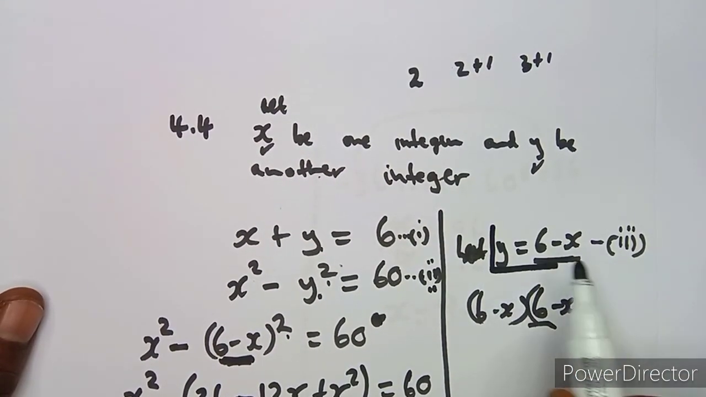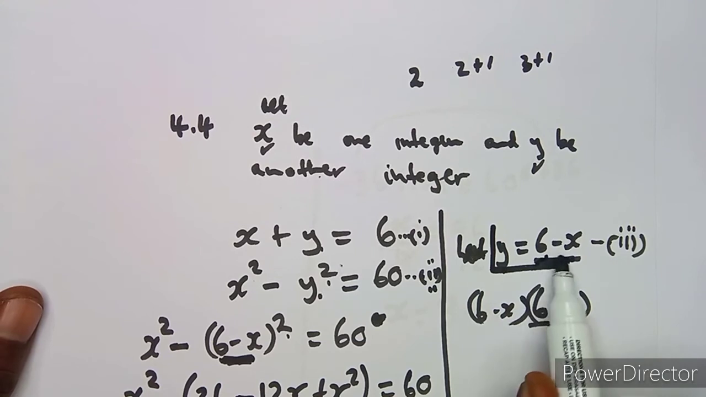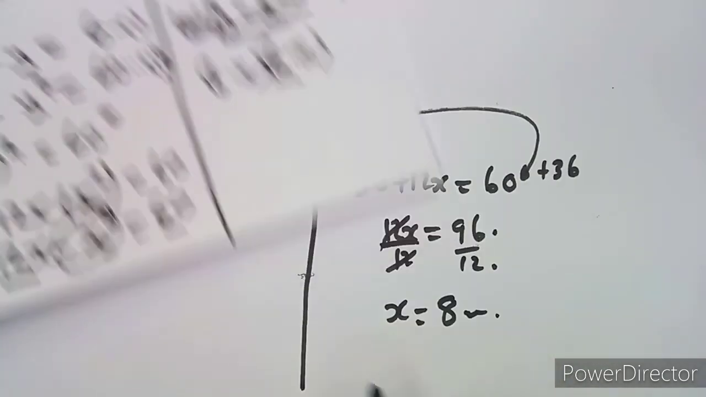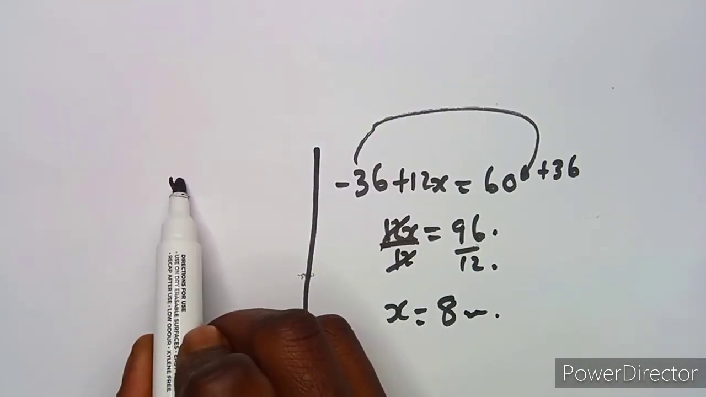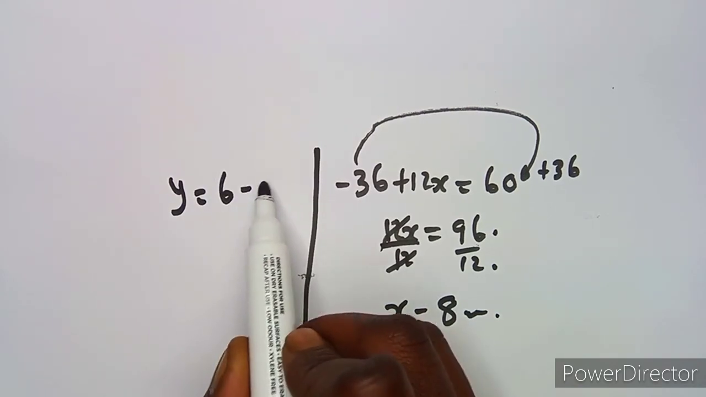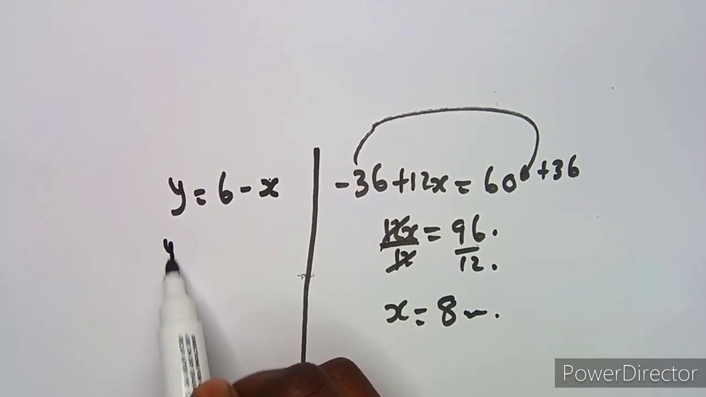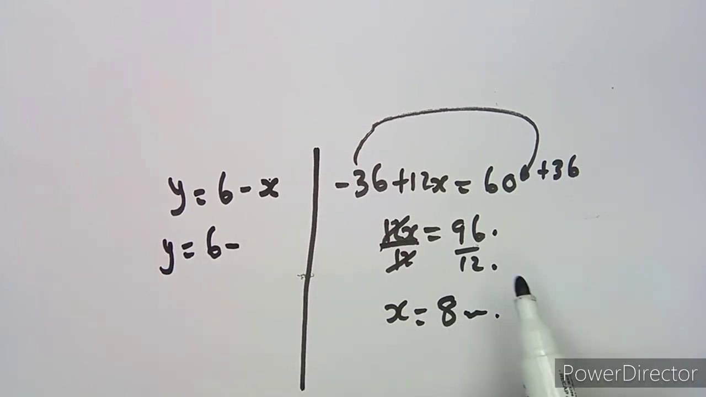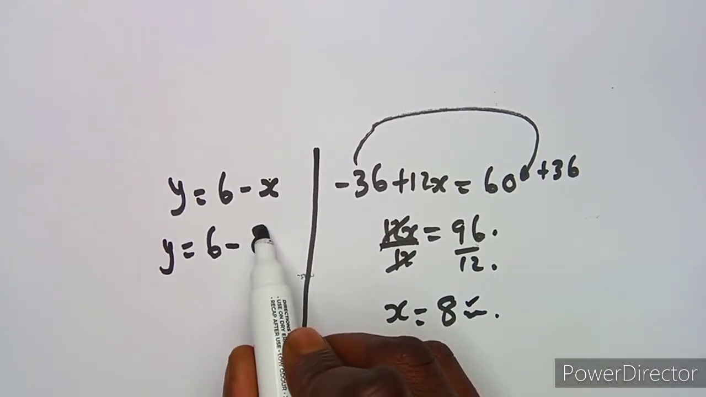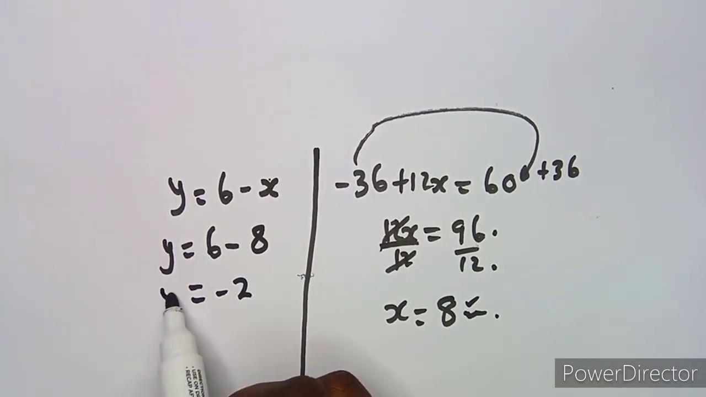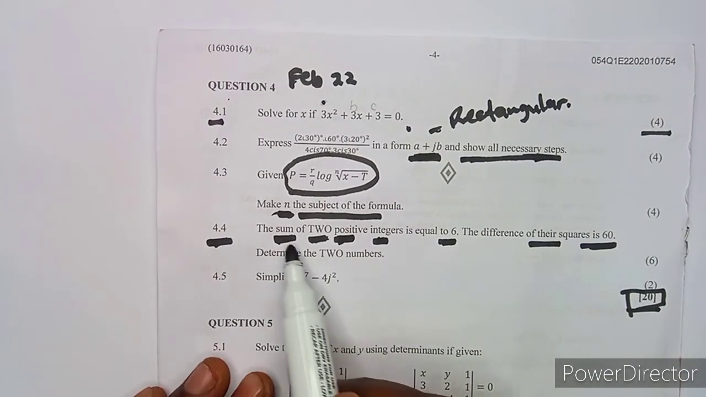We have this, that 6 minus x, y is equal to 6 minus x actually. All right, so if y is equivalent to 6 minus x, and we obtained that our x in this case is 8, so it's going to be -2. We have done everything nicely here and everything is true, but now the question was saying the sum